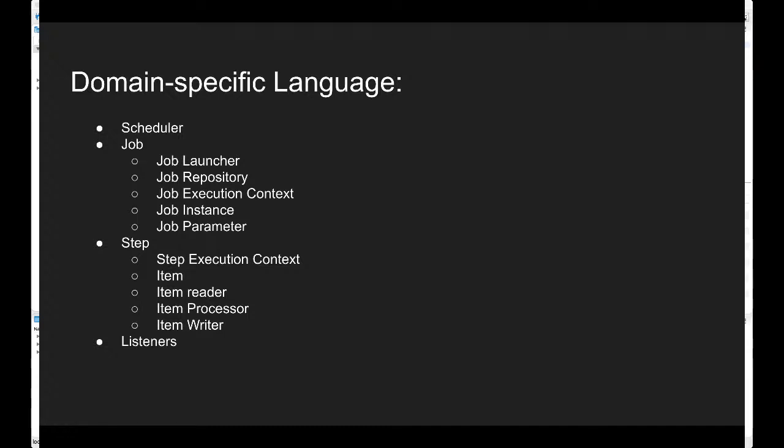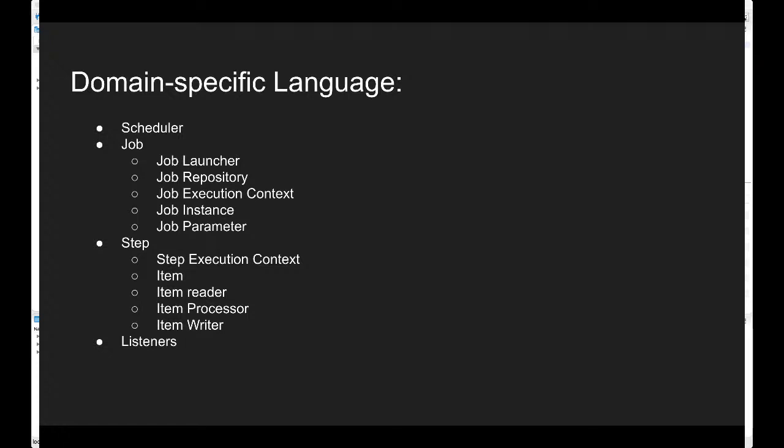The next term is job. Whenever we say a job, what do we mean in Spring Batch? It's basically our batch process, what we want to execute. Let's take an example: we want to migrate a database or send emails to customers. That is our process, our task. That whole complete thing would be called a job, the main batch process we want to achieve. In technical terms, a job in a Spring Batch application is the batch process that is going to be executed.